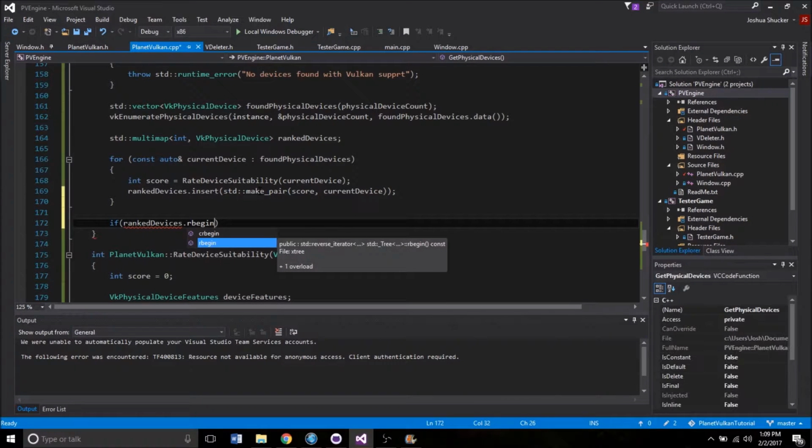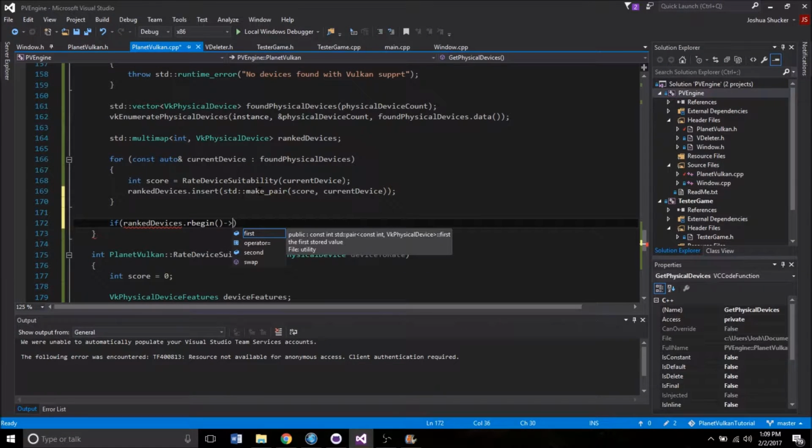And rbegin is actually, it's a weird way of phrasing it, but it's grabbing the last element. If you were to type in .begin, it would find the first element. If you type in rbegin, it starts iterating through it from the end. So it's finding the final element, or the first element if you're going through backwards. So you type in rbegin first, which would grab the key,